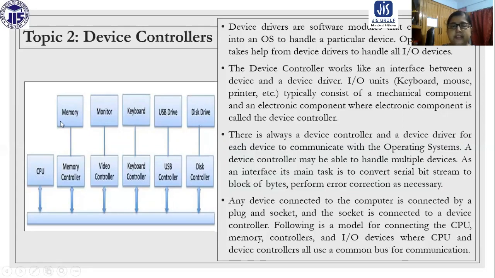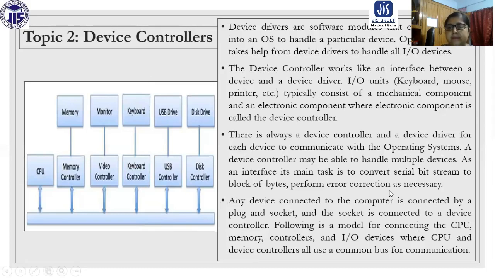Here you can see every device is connected with a plug or socket, and the device controller, that is basically the electronic component of that particular device, is going to act as a device controller.